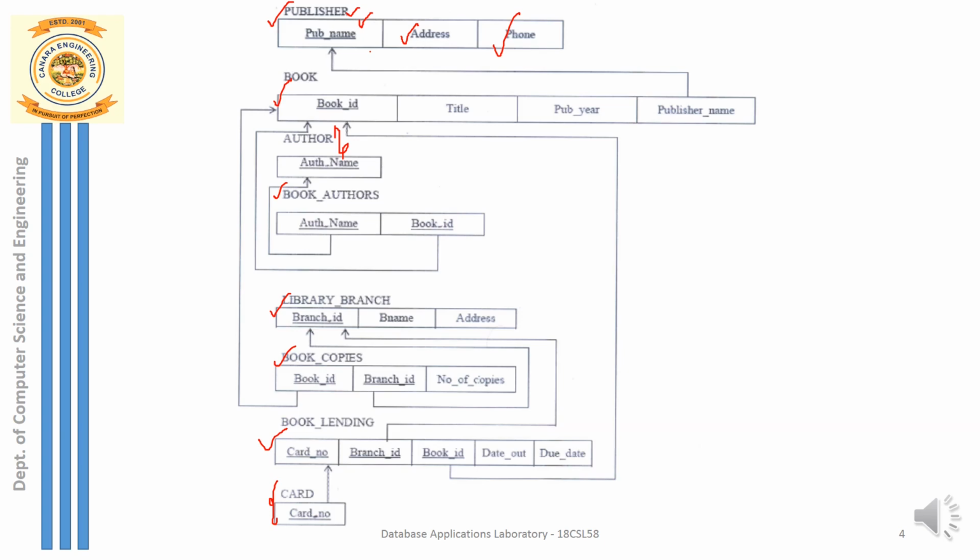Now the next table we have is the book table, and the attributes are represented here in a rectangular box containing four fields or four attributes. The first attribute is book ID, then comes title, then the publication year, and then we have the publisher name. So here we can see book ID is the primary key, which should be unique in nature. Next we have the publisher name here, and this publisher name we have already seen once in the main table, publisher. So what is it indicating?